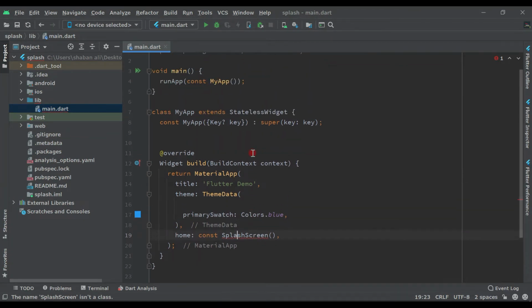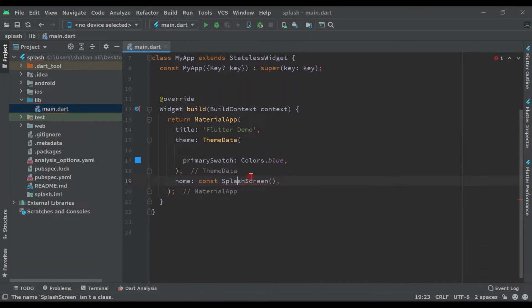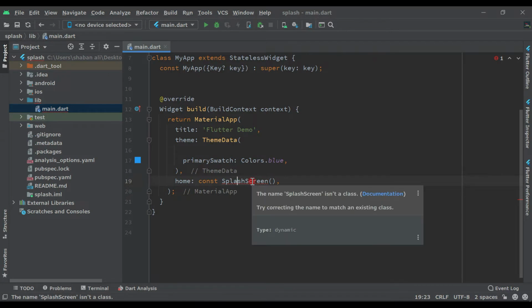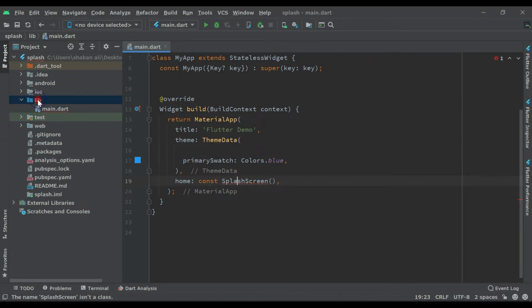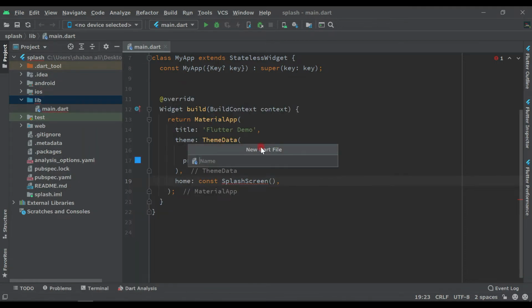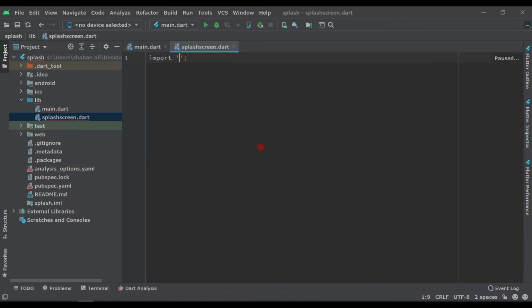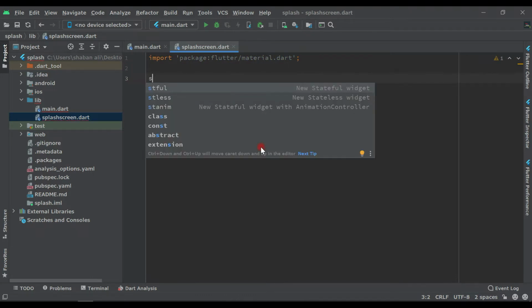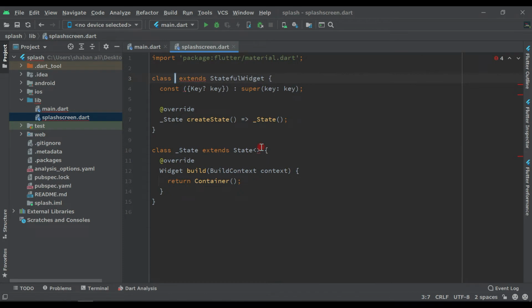So let's create this file first. Right click on this lib, new Dart file, give the name splash_screen, enter. Now import material.dart and here let's write a StatefulWidget and give the name SplashScreen, the same name which we are passing in our main function.